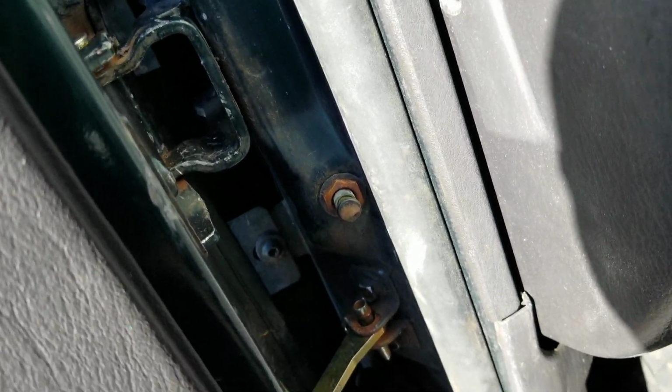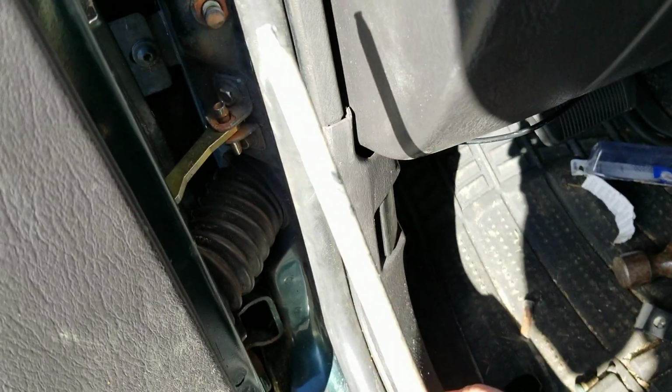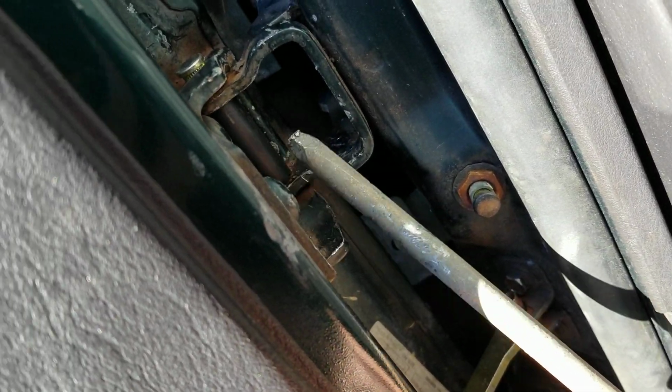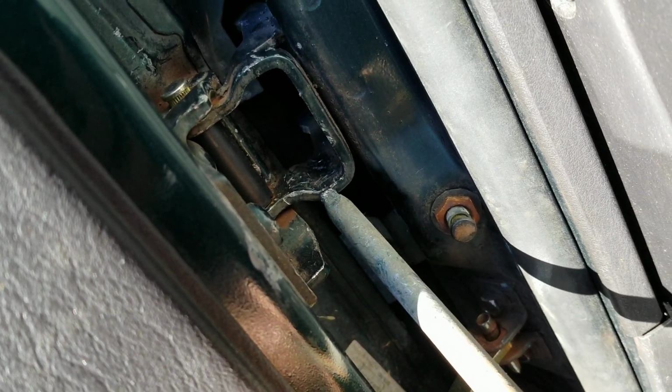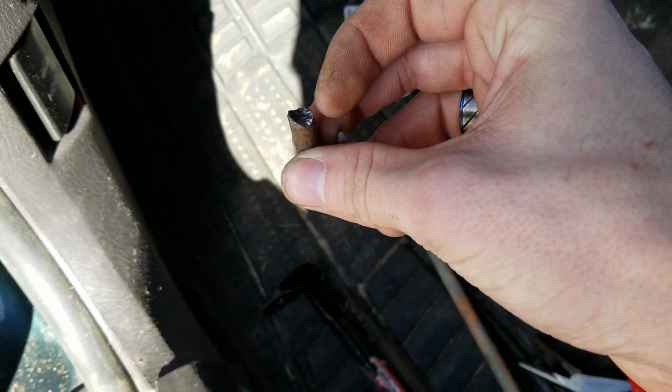But to make this a little easier on yourself, I recommend get yourself a big old 9-inch nail like this. It's gonna save your life when you go to hammer that guy out, because you can't really get a hammer or a pry bar in here, otherwise you end up scraping everything up and it doesn't actually come out that well. But once you manage to either cut this thing in half with a Dremel or drill it through,